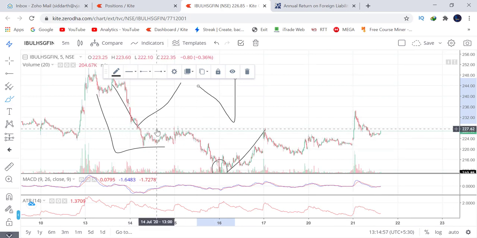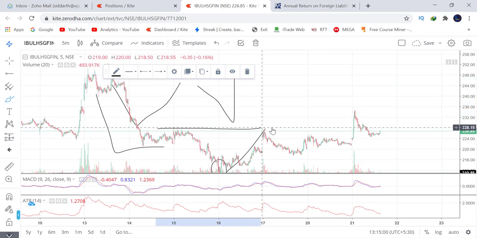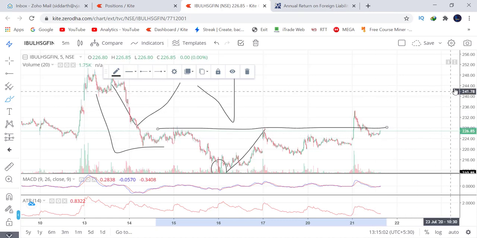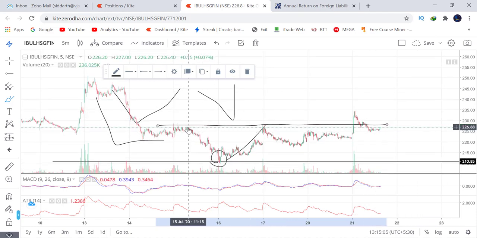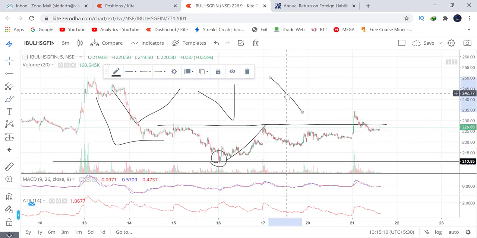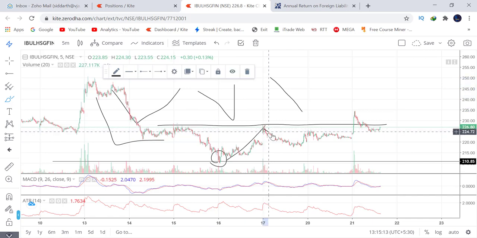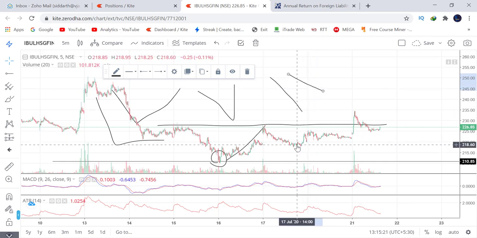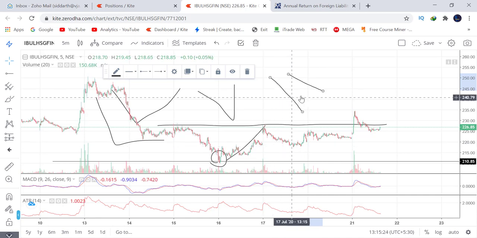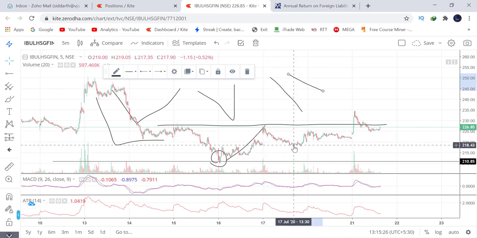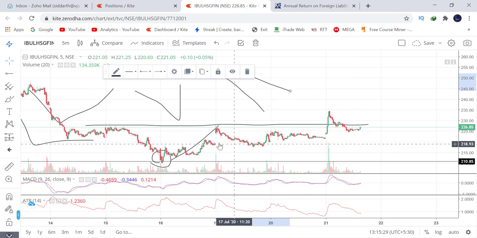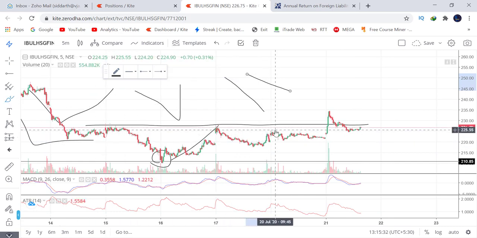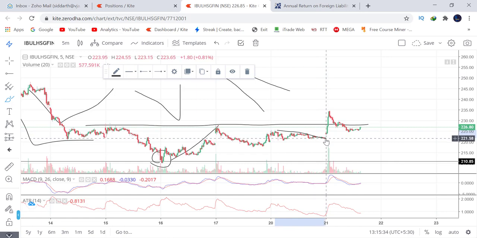Now, the next time around, we know that a resistance is being formed here on the 5 minutes time frame, the lower time frame, and last time from this resistance sellers hit it off and traveled a distance till here, as we know. This time the sellers took a lot longer and could only travel a little bit, and perhaps it took a lot more time too, because the number of candles is huge. The third time around, which reached the resistance, look at the sellers.